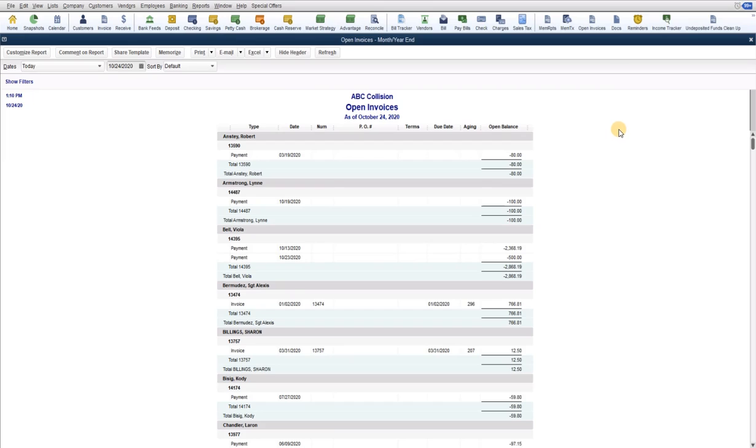Now this Open Invoice Report is very similar to an accounts receivable report, but it isn't the same. This does show your accounts receivable at this time individually, but it also shows you how the transactions have been coming into QuickBooks. And the reason why this is such an important report is if you are attached to a management system, many clients do not know that the payments that you receive in the management system do not come into QuickBooks and automatically apply to the sale or the invoice. Now the balance may end up being zero or have the correct accounts receivable, but the actual payment does not